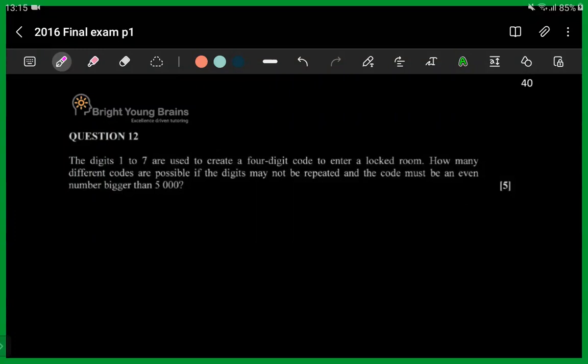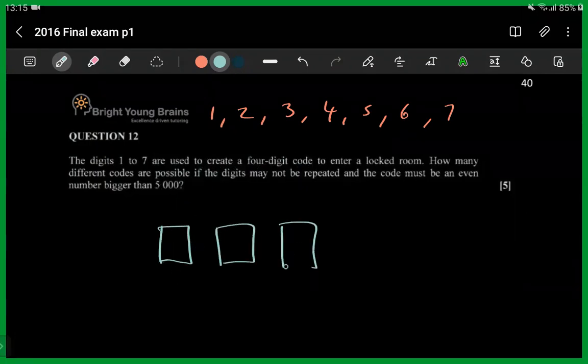So they're talking about us using digits 1 to 7. So you want to visually see what that looks like. There's 1, 2, 3, 4, 5, 6, 7. There's 7 numbers that we're using. They are used to create a 4-digit code. So what you do is you want to see that there's going to be a slot for the first position, second position, third position, fourth position. So this is what our code is going to be